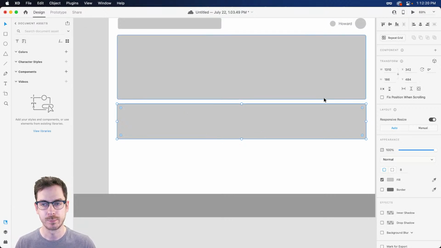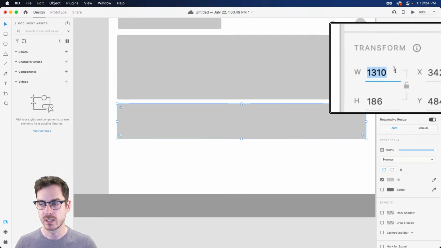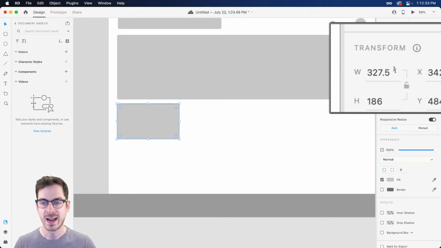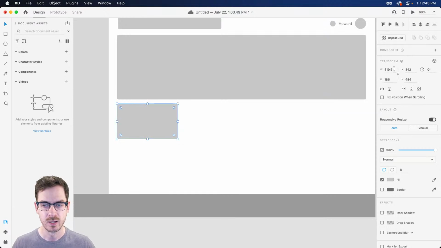So if I have this object selected, inside of my properties inspector, we can do some basic math. So right now the width is set to 1310. I can divide that by 4, so /4, right? And that'll ensure that 4 of these albums fit perfectly across, which we don't want, because then there'll be no padding. So what we can do is maybe -8, for example, right? And maybe we can even this out. Maybe let's go like 320.